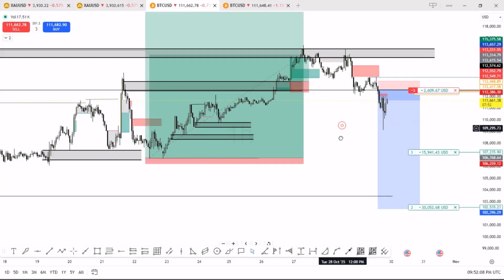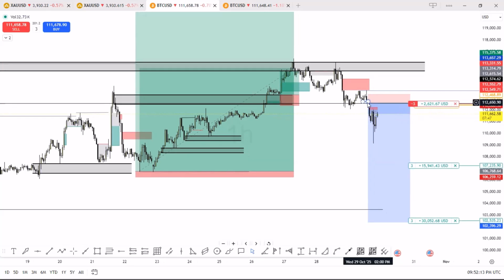Now, when we look at BTC as well, I executed the trade right here on BTC, and I was hoping when news comes in, it should shoot price all the way back down, because news should be able to add volume into the market. But obviously, news did not do that. You can see that we are rejecting all the way back up.